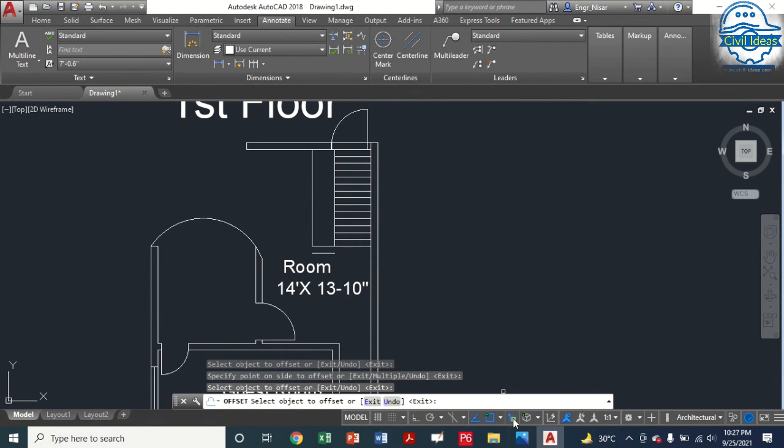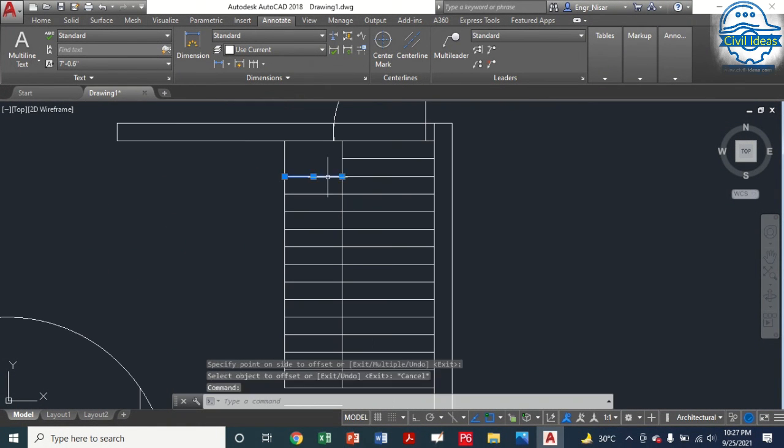You have to turn off this selection cycling because it creates problems. Offset 9 inches, and then you have to continue it just by clicking, and on the other side you can. Now here we have to delete it, and we have to go into DI for dimension check. So it's 3 feet. Okay,